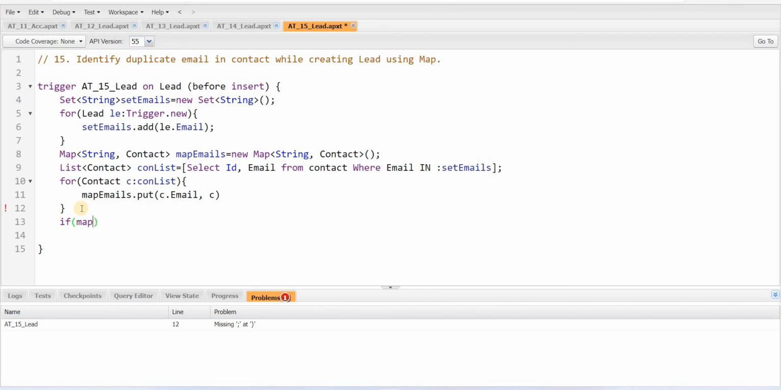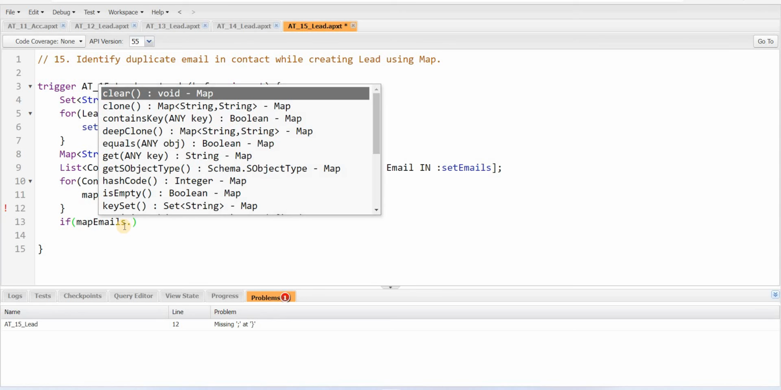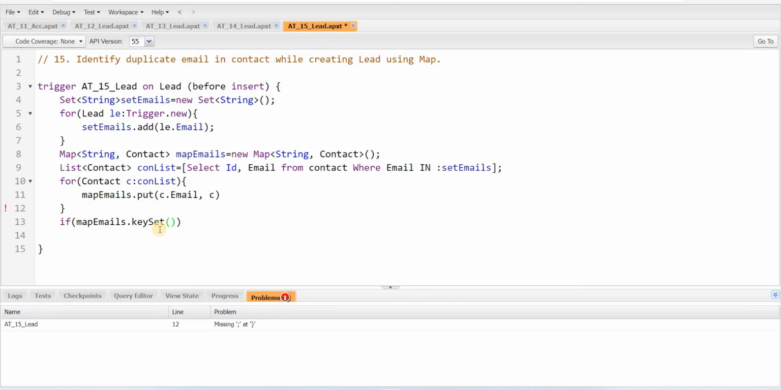If map, sorry, I'll copy here. Copy paste all the time, good guys here. If any mistakes are there, you'll get problems. Map emails dot, different methods came here. Okay. Key set. It returns all the keys. It returns only keys, that means emails will come. If this map emails dot key set means it returns only the key values, that means emails it will return. If it is not equal to null,